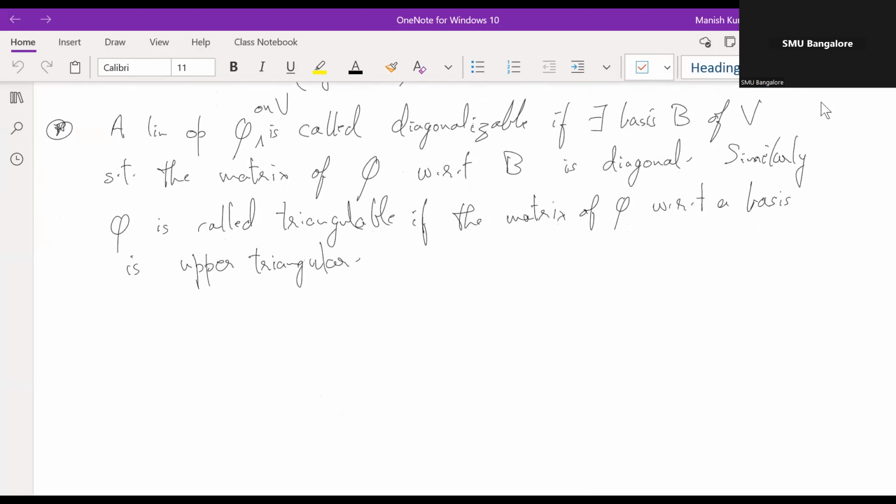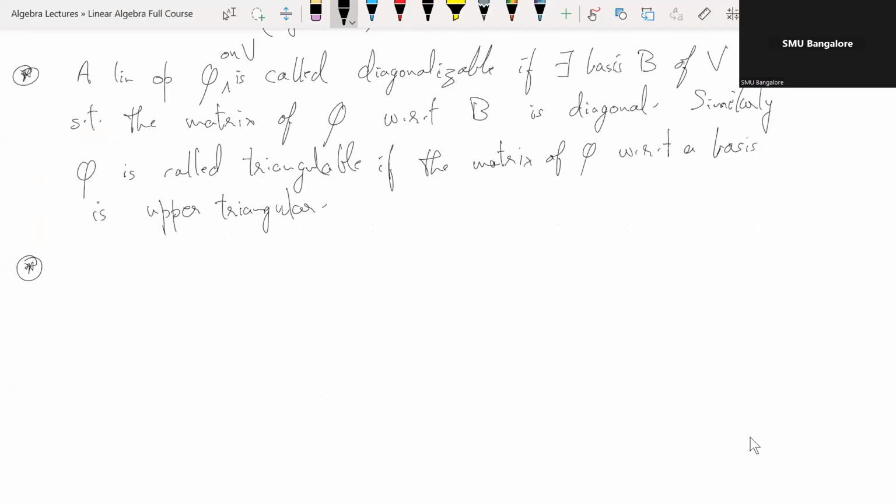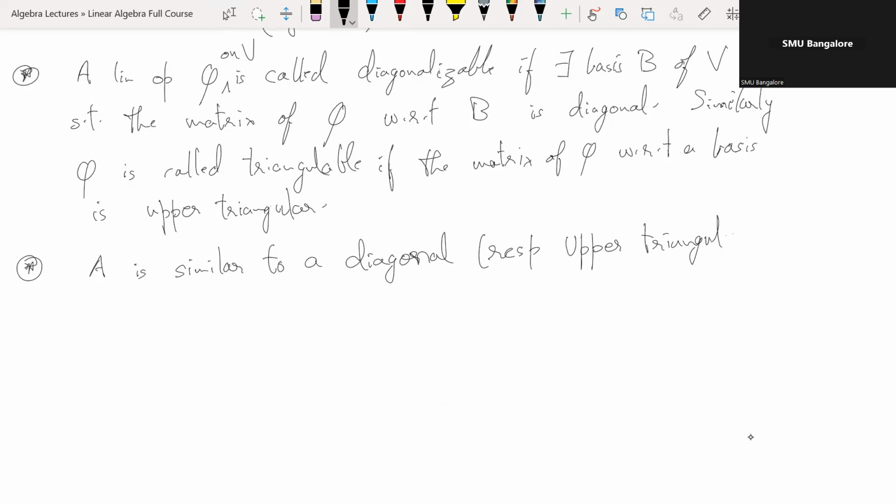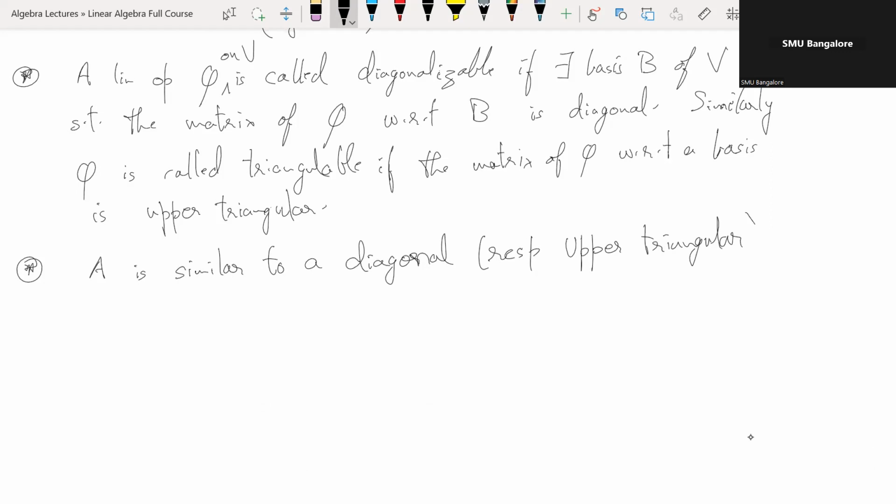Now, the first observation I wanted to say is that, maybe the way to write it is, A is similar to a diagonal, respectively upper triangular matrix, if